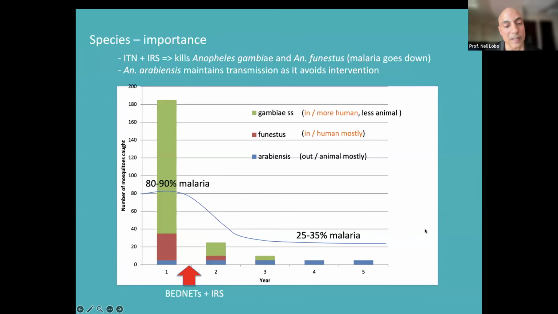The second response to the intervention started happening, where the funestus and gambiae started to have insecticide resistance and they changed their behaviors. And the red and the green popped back up, which is not on this slide. Insecticide resistance started coming up and their populations went up. And guess what happened to malaria? It went up as well. So understanding this at your site, what are the mosquito species and how might they be impacted, is really important.